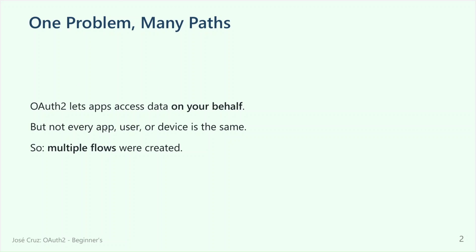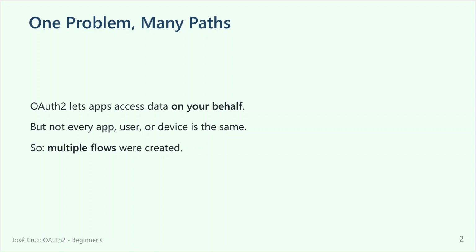But the question here is that not every app, user or device is the same. Sometimes you want a machine to talk to another machine, so there is no possibility to use a username and password. You say, okay, there is, in the legacy systems, and if you see my previous video, you will see that's not a good idea, because if the password changes, now you have to remember all the systems that are using this password. So the password is something that is permanent, and tokens